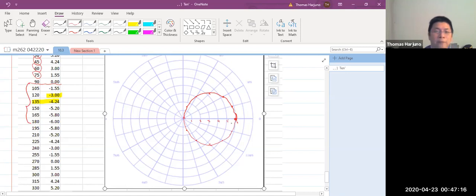That's what I get. Okay, now when you go on, for example, 195 degrees, 195 degrees is supposed to be this direction here, right? But the radius is negative 5.8. I hit this same thing. When I go backward, I hit that one. So you notice that